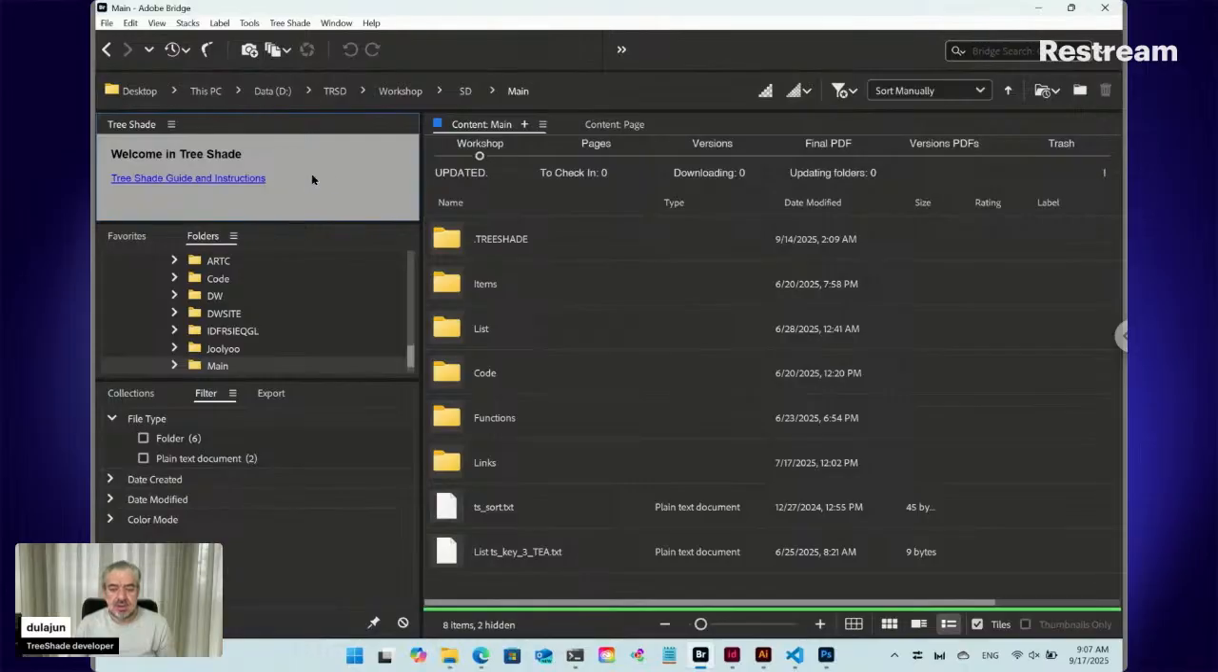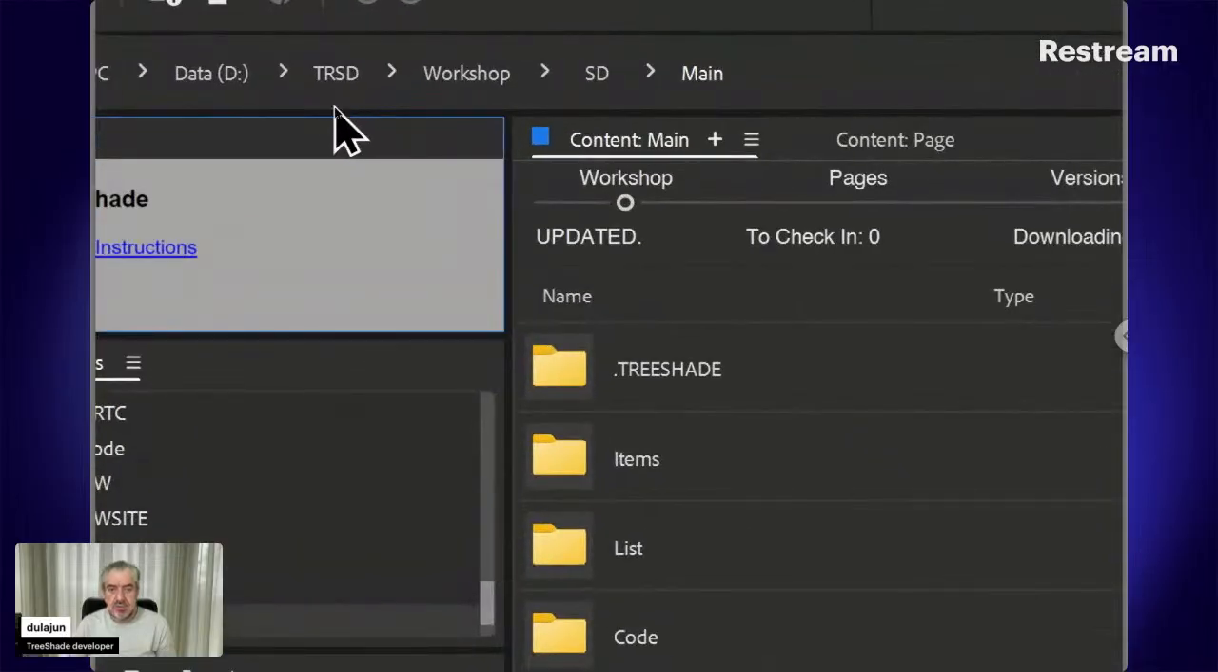After restarting, TreeShade will ask you to create a root folder, to specify a folder where all your project files are supposed to be. So TreeShade acts on this project. Here I have created this TRST, abbreviation of TreeShade,